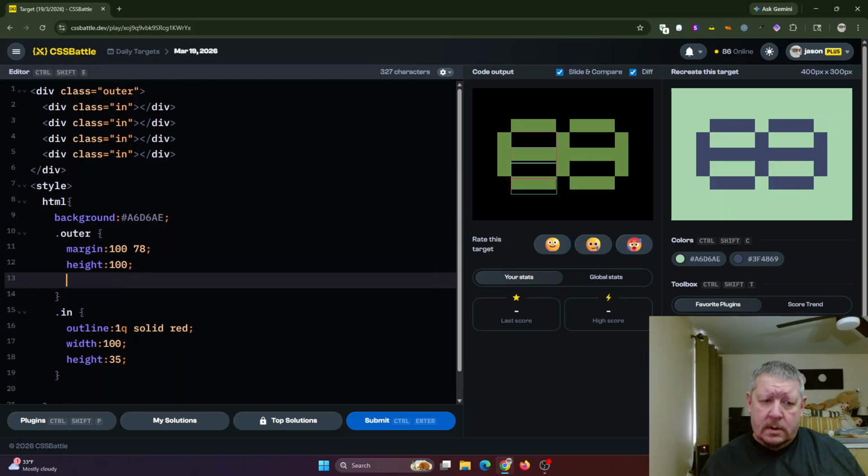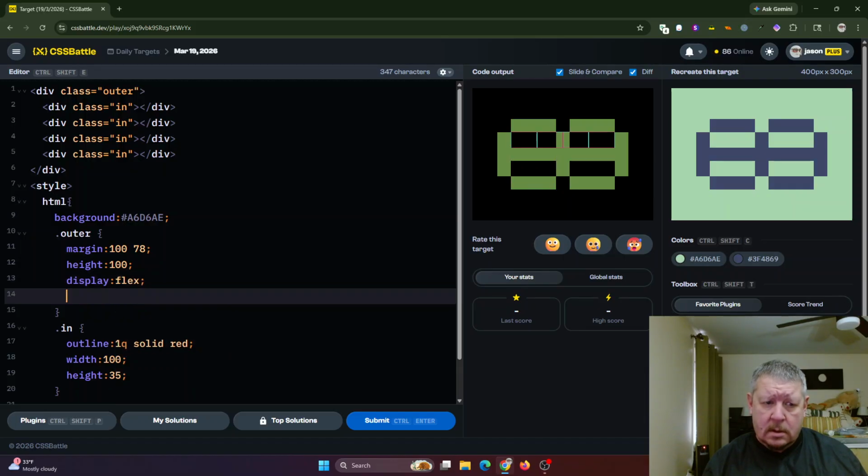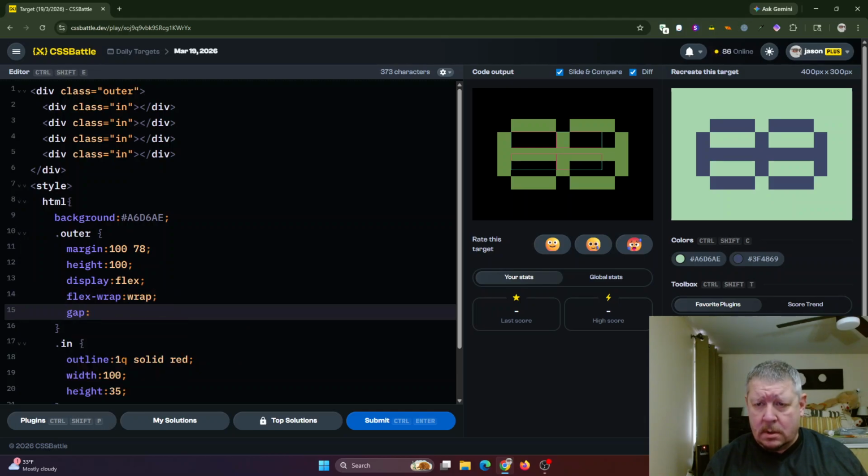And then up here on outer, I'm going to do a display flex, flex wrap, gap. I don't know what it is, 30 pixels, 20, 5,